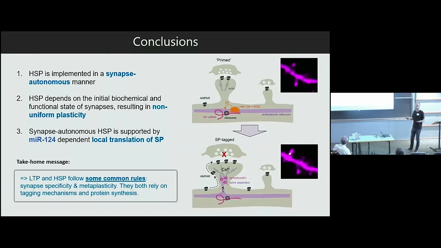So this is something I would like to discuss with you: how two very different induction mechanisms, either a chronic activity blockade or a very acute hyperactivity, could lead to the same type of regulation at the level of individual synapses. It's really an open question. I don't necessarily have an easy answer.